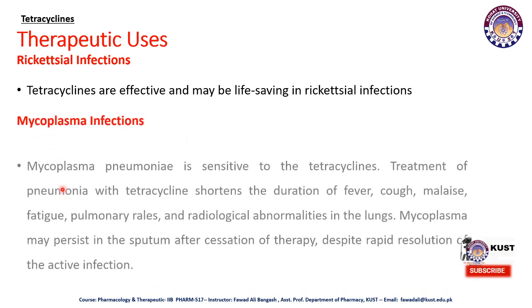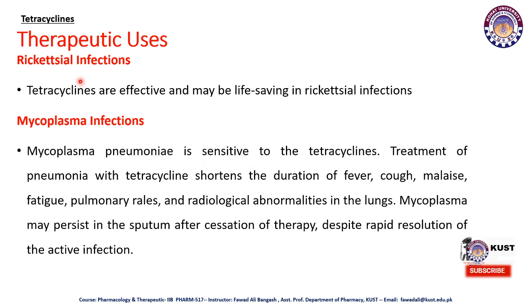Mycoplasma infection. Mycoplasma pneumonia is sensitive to tetracycline, and they are also effective in rickettsial infection, which is considered a life-saving use. Like we discussed in the spectrum of bacterial susceptibility of tetracycline, they are effective against Mycoplasma pneumoniae. Treatment of pneumonia with tetracycline shortens the duration of fever, cough, malaise, fatigue, muscle pain, pulmonary rales, and radiological abnormalities in